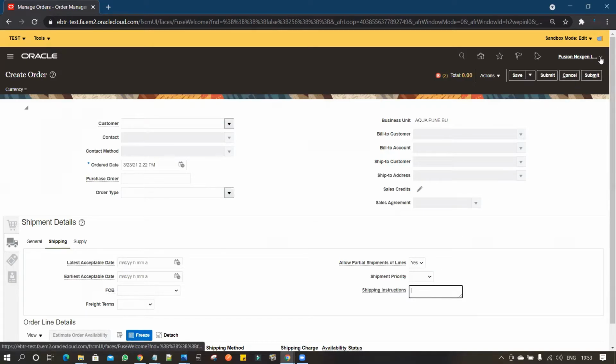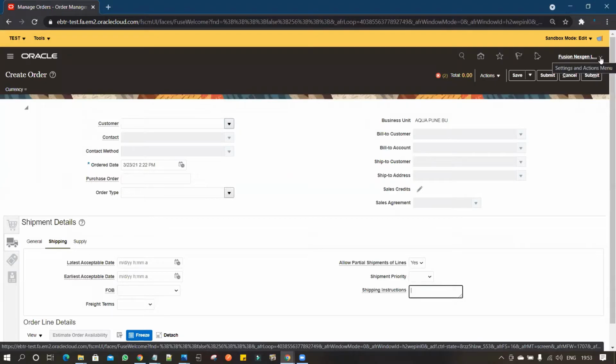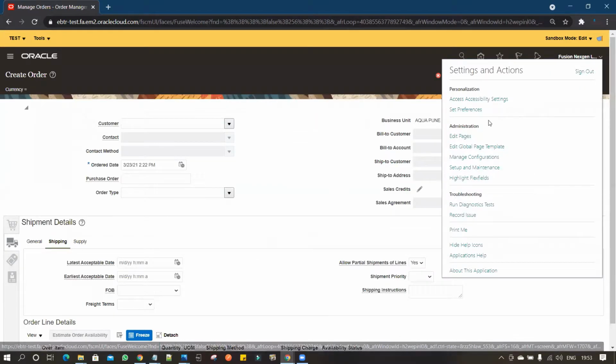Now, before applying the personalization to the field, you have to go to the user account, then to administration, and under administration click on edit pages.